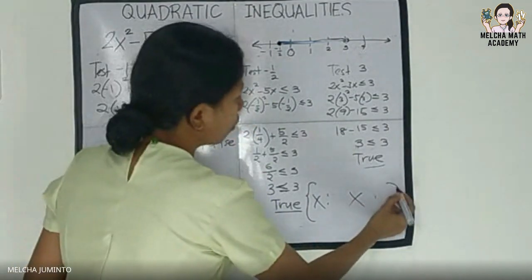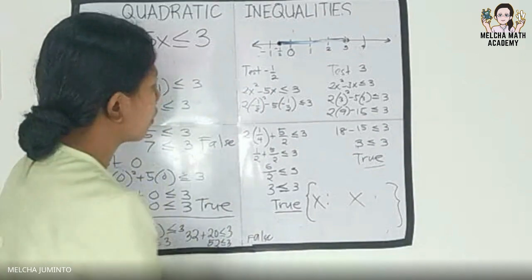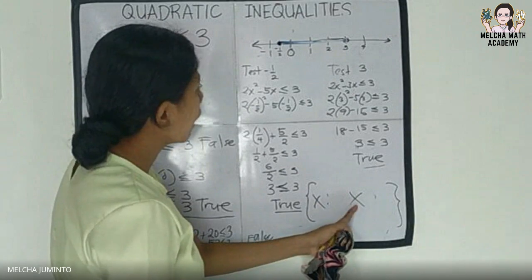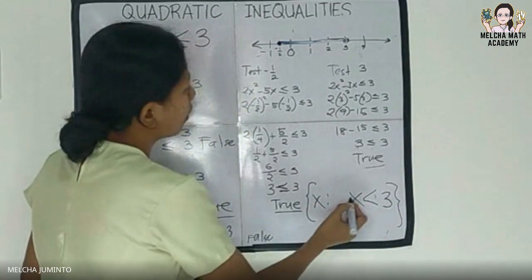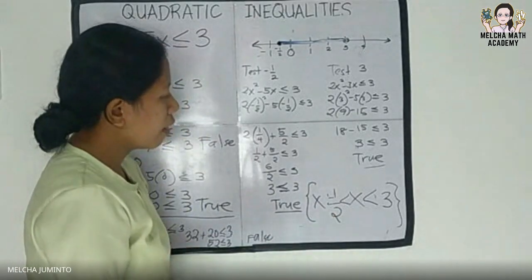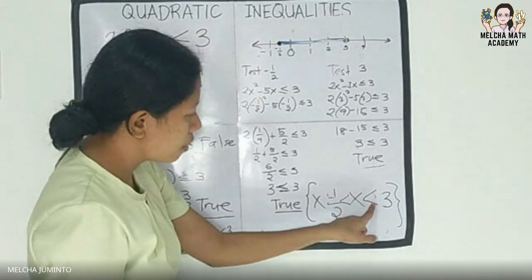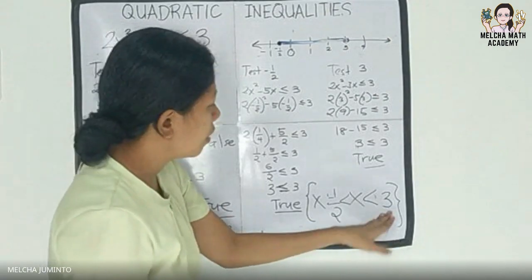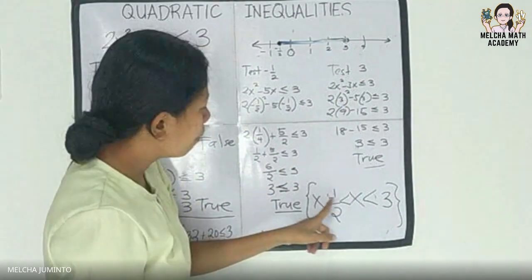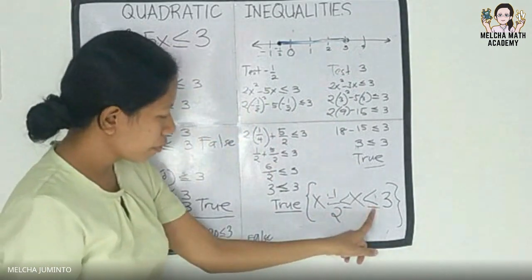Finally, we can now write a solution set. Solution set. This will summarize the statement that will give us the answer. So set of all x such that x is less than 3, but it is greater than -1/2. This is a solution set. So you will place x at the middle. So x is less than 3 because that means the numbers which are less than +3. But x are numbers, and since there is equal, you need to place an equal sign below to include 3 and